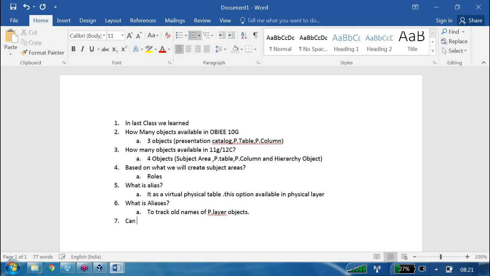Next, can I create nested folders? Yes or no? Yes. How many levels can I create nested folders?